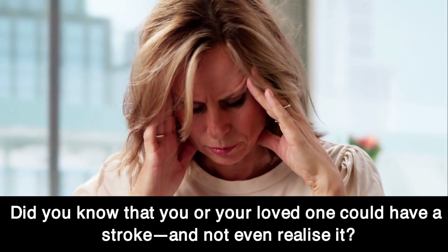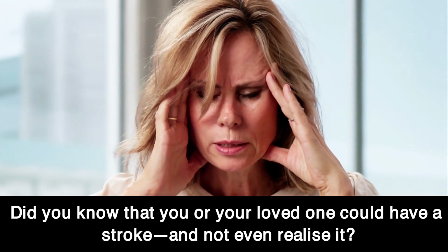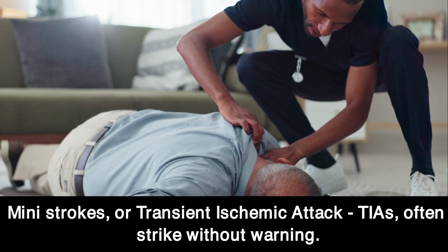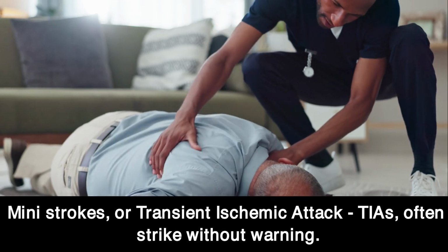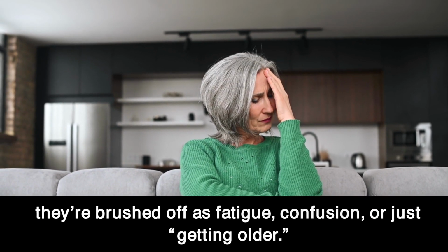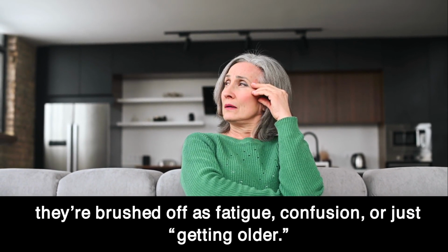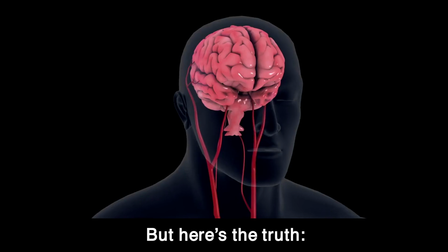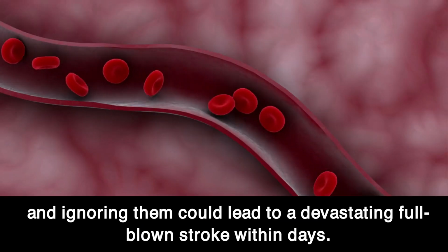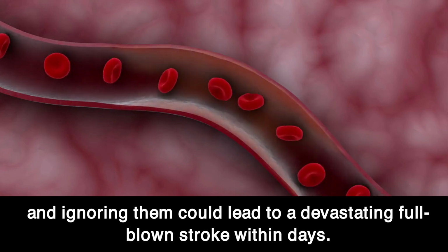Did you know that you or your loved one could have a stroke and not even realize it? Mini strokes, or transient ischemic attack, often strike without warning. The symptoms can be so subtle, they're brushed off as fatigue, confusion, or just getting older. But here's the truth. Mini strokes are alarm bells from the brain, and ignoring them could lead to a devastating